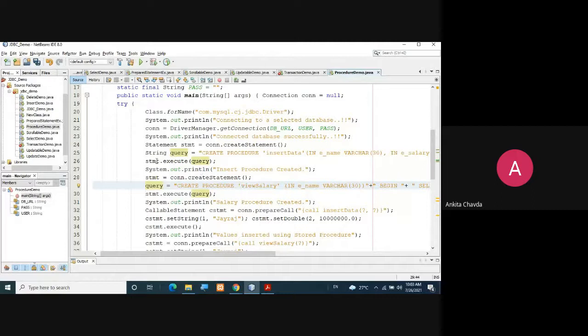Then we are simply executing that query, right? stmt.execute(query). Here it will write "insert procedure created." So it is done. Now the second task was